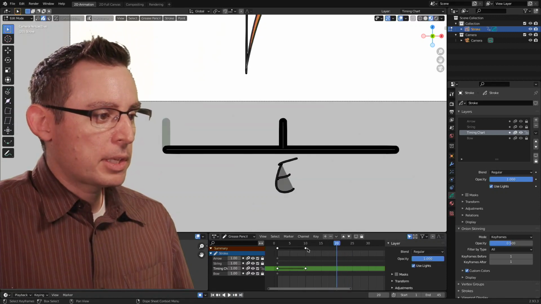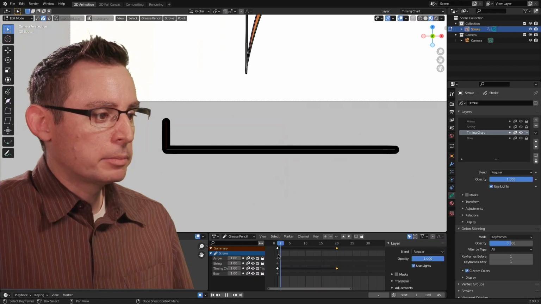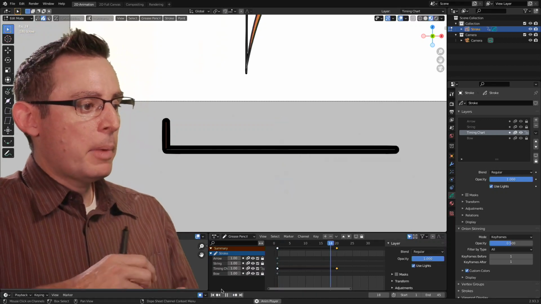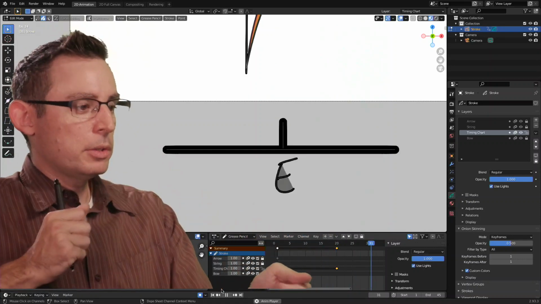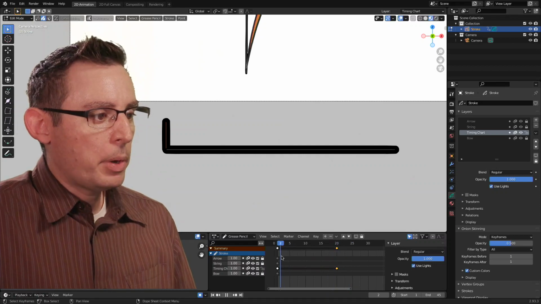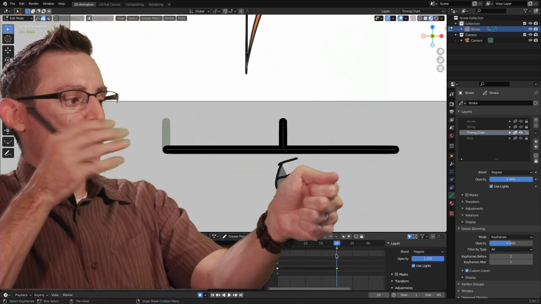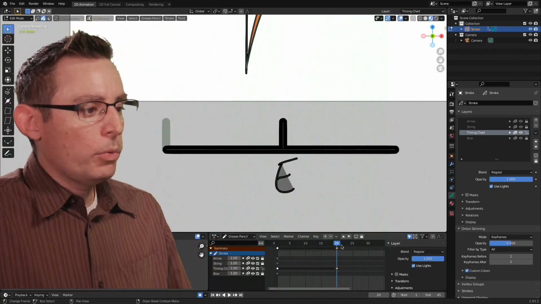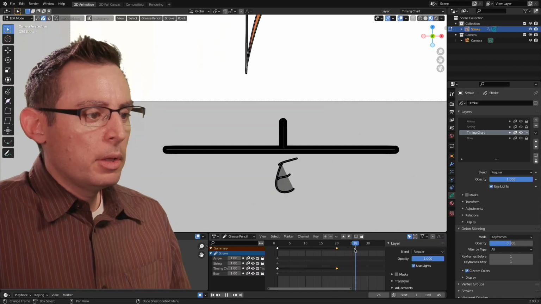I'm going to bump this keyframe up. I'm going to move it to frame 20 inside of my timeline. So in my imagination, I'm going, whoosh, whoosh. Yep, that's about right. Cool. Now, do I want to hold that pose? Do I want to hold it, stretch, and then let go? Yeah, I do. So I'm going to hold that keyframe for, I don't know, a beat or so.